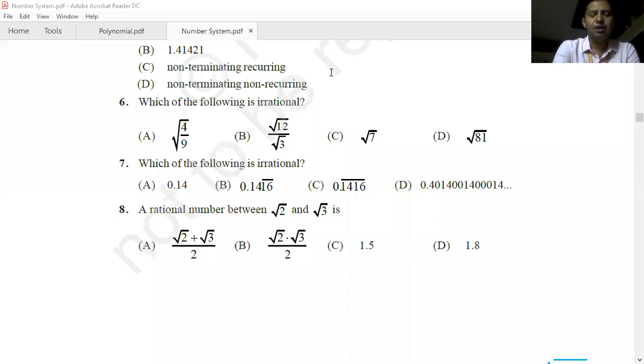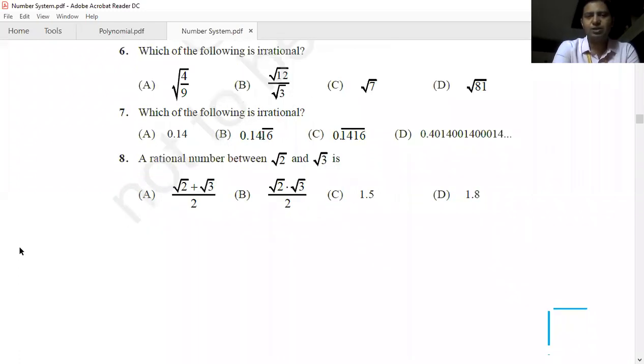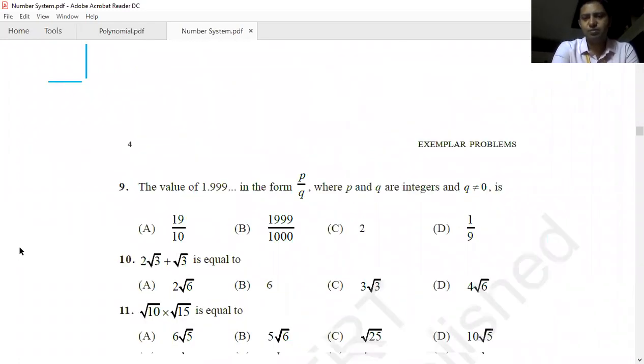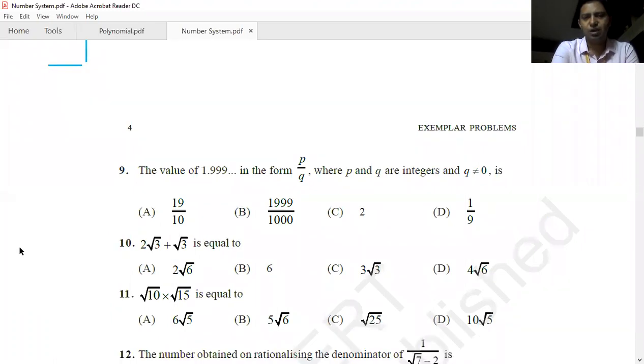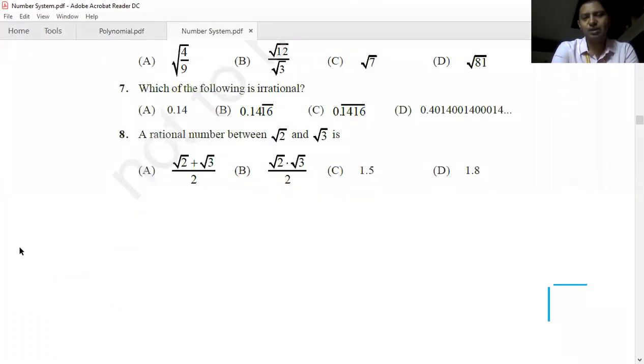There is a rational number in between root 2 and root 3. It will be (root 2 plus root 3) divided by 2. The sum of two numbers divided by 2 lies between them. Next question in front of us. Kushagra wrote it as D, but D is 0.18, and root 2 is 1.4, root 3 is 1.72. So 0.18 will go beyond root 3. So D is not the answer. The correct answer is A, that is, the sum of two numbers divided by 2, the exact number in between these two.